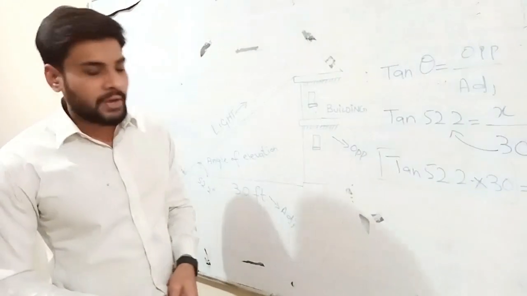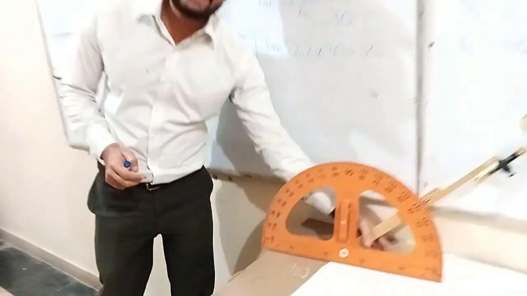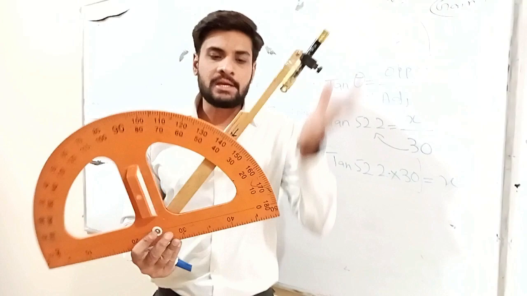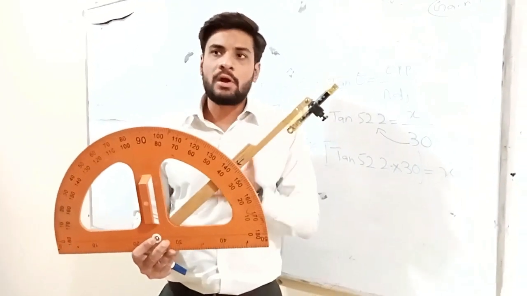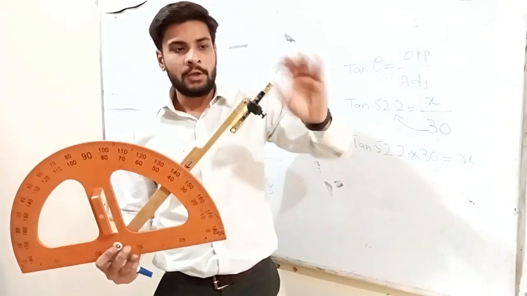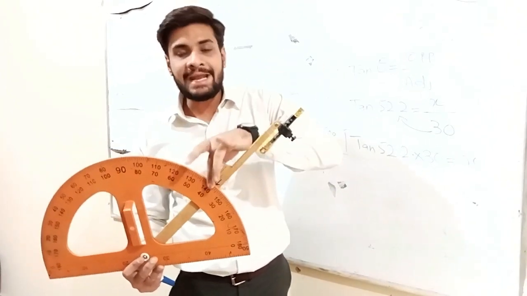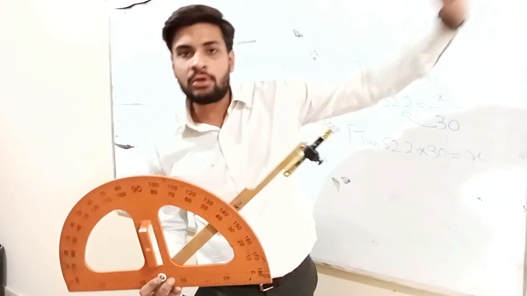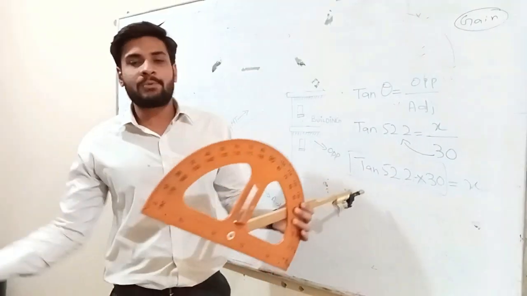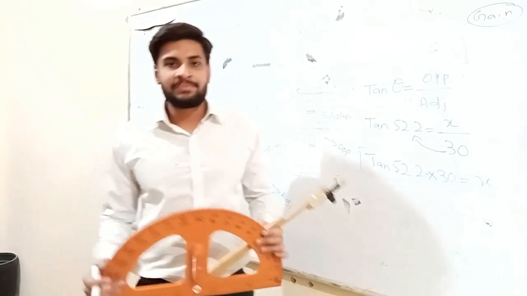Okay, so I hope you have understood this and you can easily make this device. You just need to take a protractor and any arm, you can use any stick or rod, and then place a laser light at the end of this rod so that you can measure the right angle of elevation by pointing at the height of the object you are measuring. So I hope you will like this device and you will solve many problems in your life using trigonometry. Thank you so much.